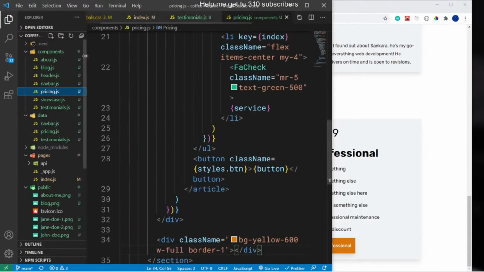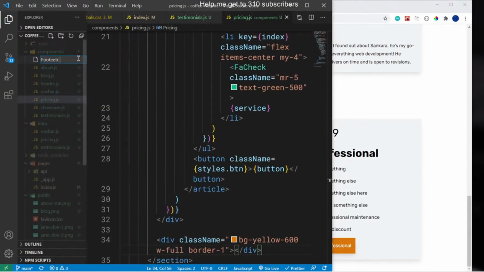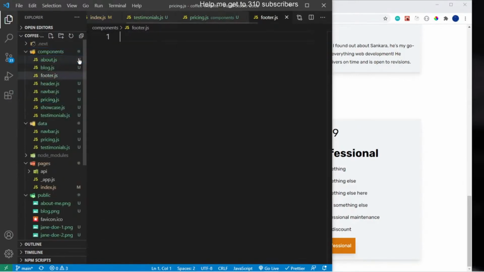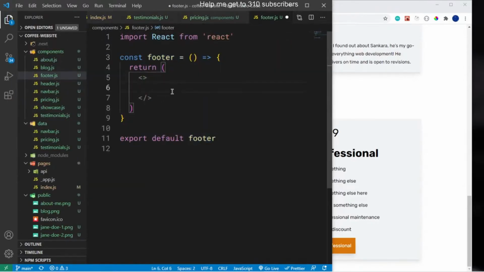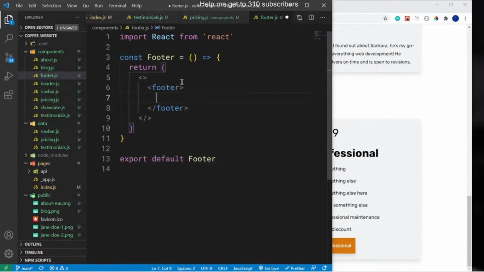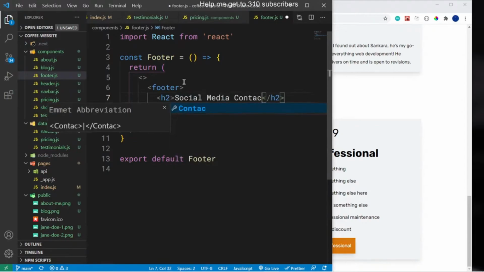So let's create our footer next. So inside the components, I'm going to create a footer. Oops, footer, come on, footer.js. And for footer.js, we only have our title, right? I'm just going to return a fragment first of all, then return the footer element. Let me change this first to capital Footer like so, and then I'm going to return a footer HTML5 element. So footer like so, and then for the footer, I'm going to return an h2 that says social media contacts,